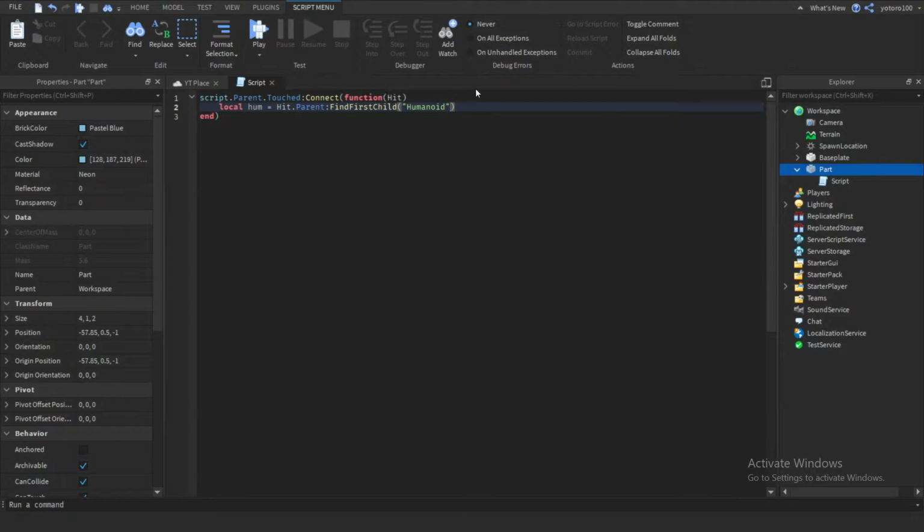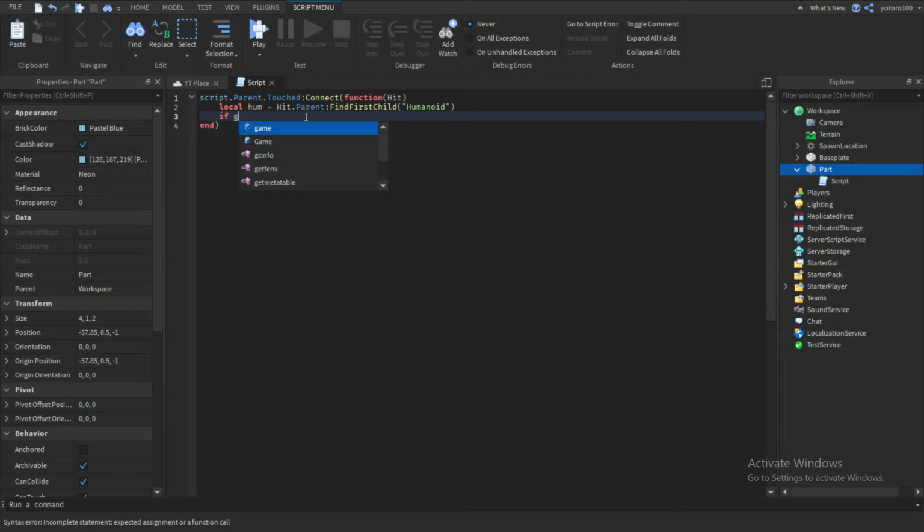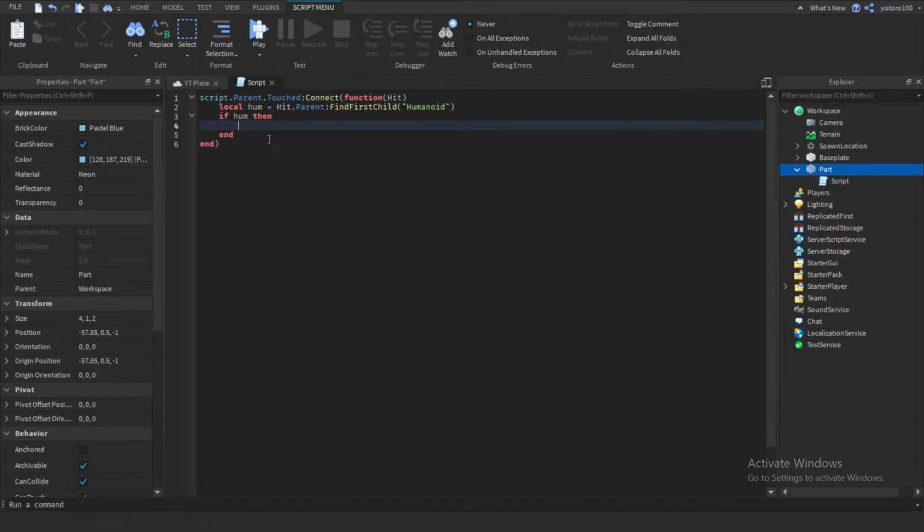A humanoid is an object that is always stored in the player model, so if the ground touches it and doesn't have a humanoid, it won't trigger this and try to make the ground invisible. So go if, then, so if the player, or the humanoid, is there, then you want to write